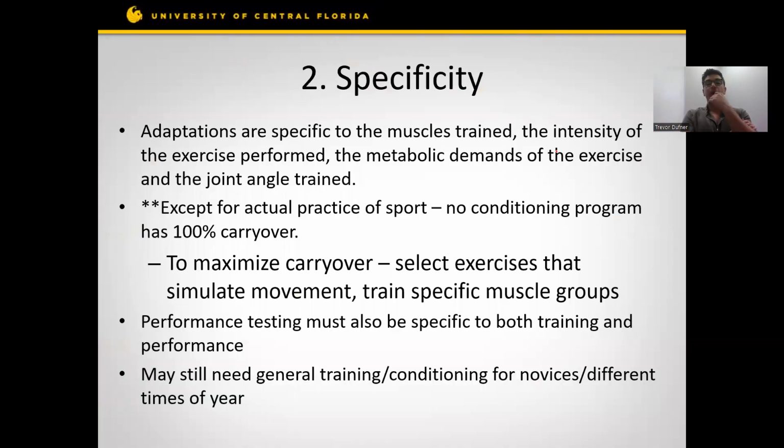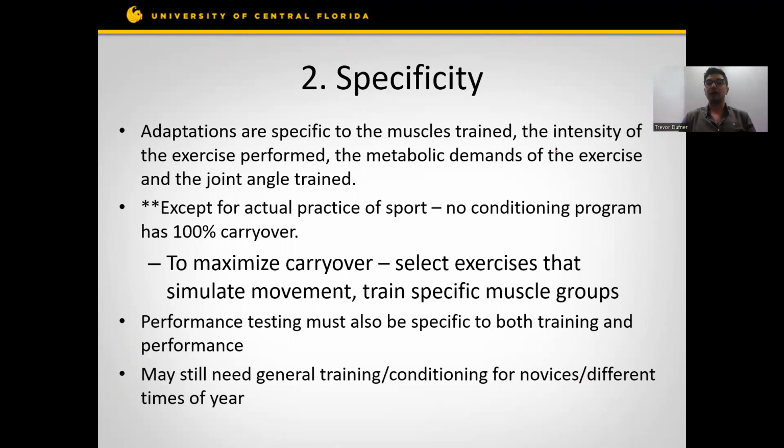So our second idea that we're looking at here is the term specificity. Specificity is talking about how the adaptations are specific to the muscles trained, the intensity of the exercise performed, the metabolic demands of exercise, and the joint angle trained. So you need to train specific to your sport. Except for actual practice of the sport, no conditioning program has 100% carryover. So to maximize your carryover, you're going to want to choose movements and intensities that are very, very specific